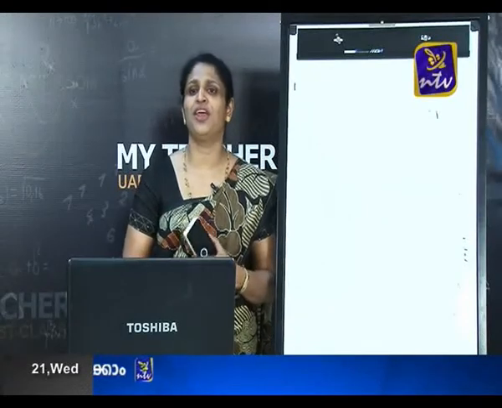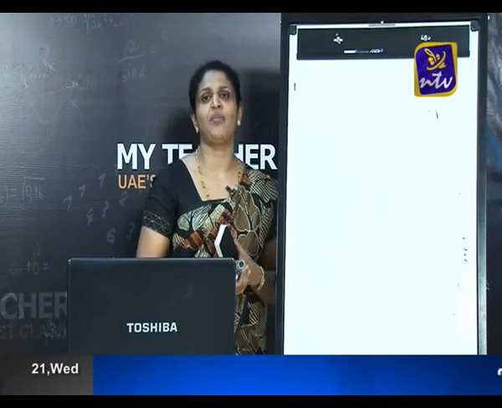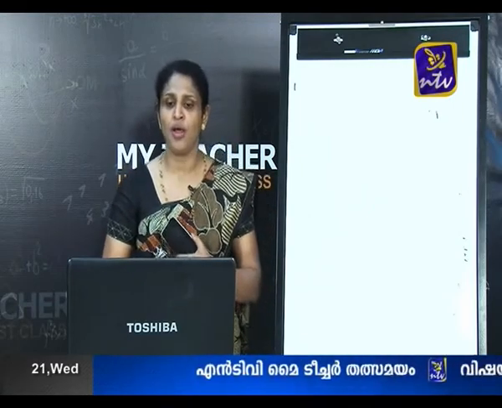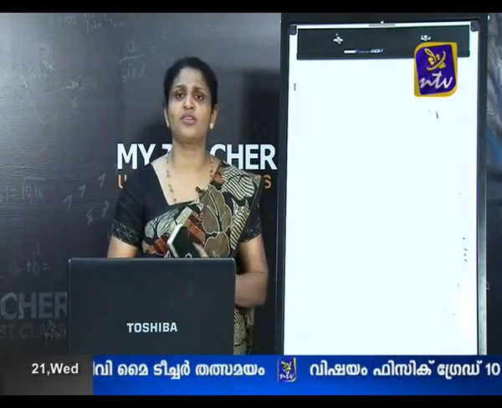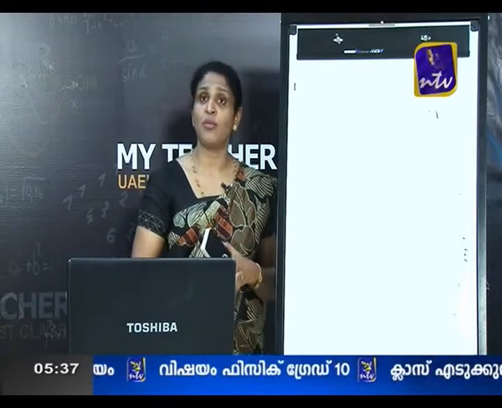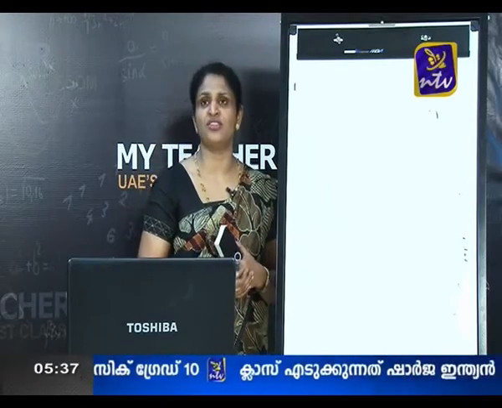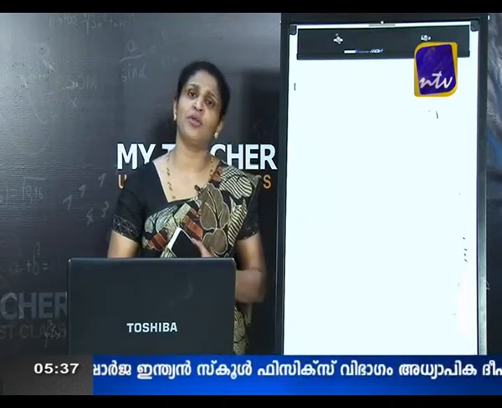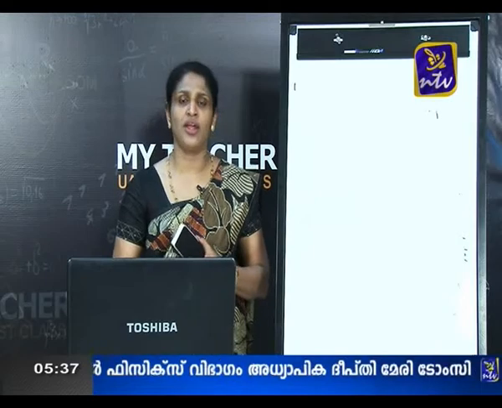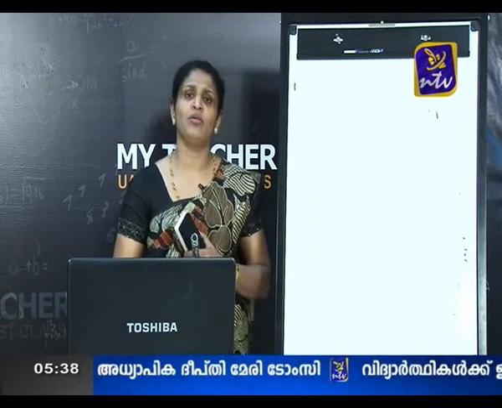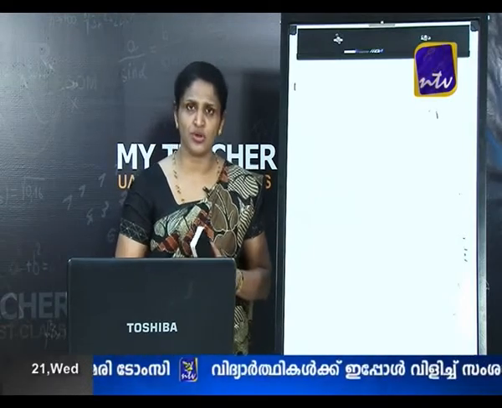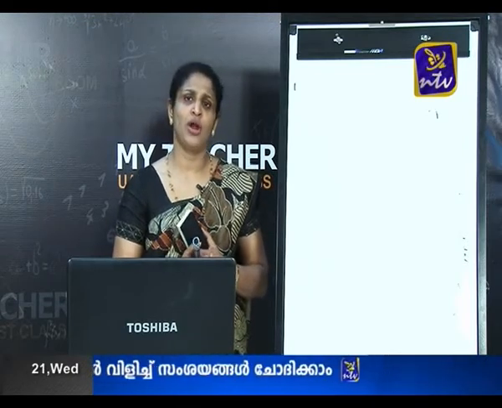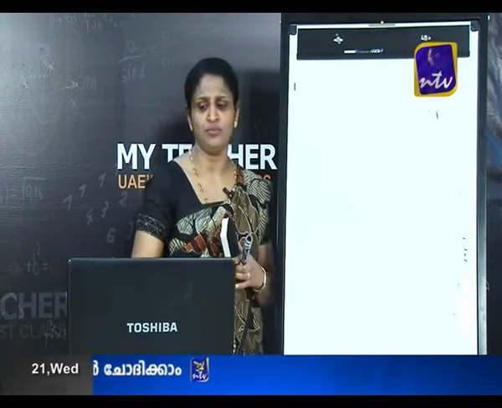Thus we have seen a recap of how resistors can be connected in series and how resistors can be connected in parallel. Now, let us try to solve some of the questions based on resistors in series and in parallel. These questions are taken from the NCERT textbook of grade 10. One by one we will be discussing the questions, how to solve them, and what the steps involved are. Let us begin one by one. Let us see the first question.